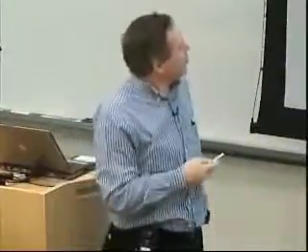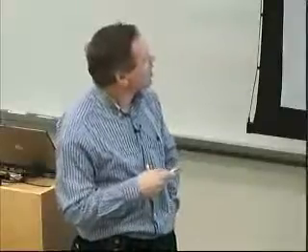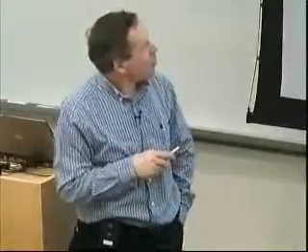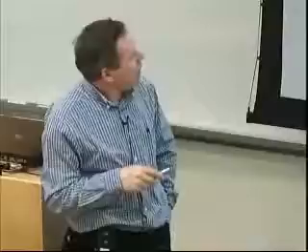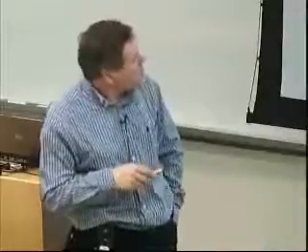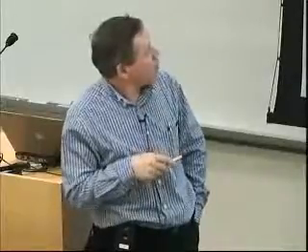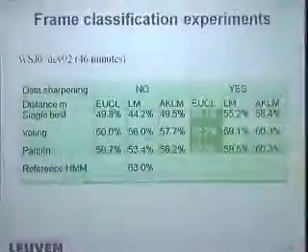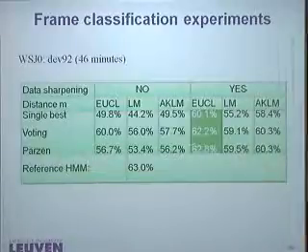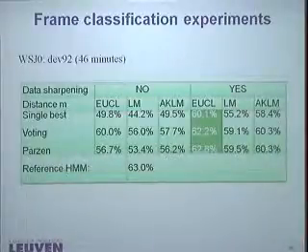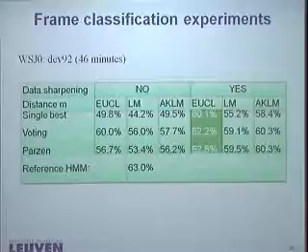This is on the development set of Wall Street Journal. Again, we do frame classification. You sometimes see huge differences, especially with single best, between no data sharpening and data sharpening. If you do some voting, things get better. But the differences between the whole left and right column are really very significant, always.